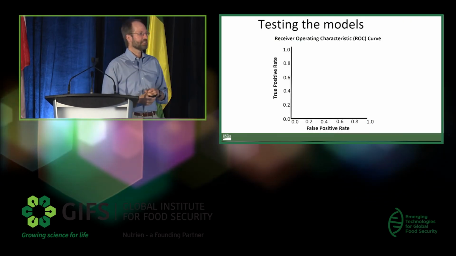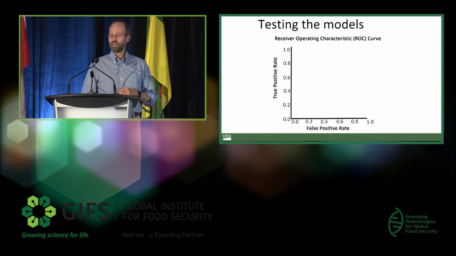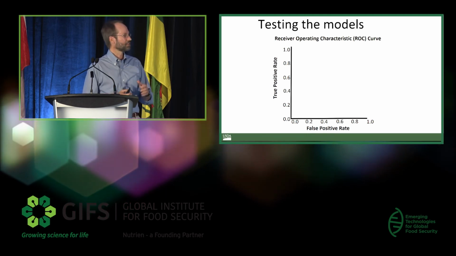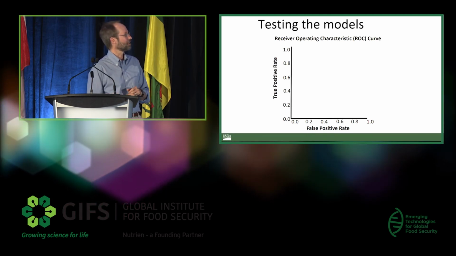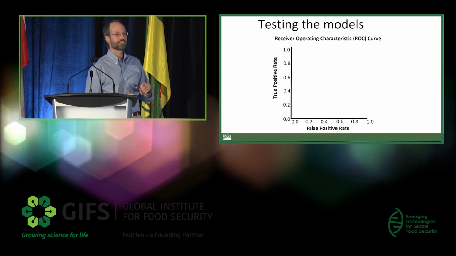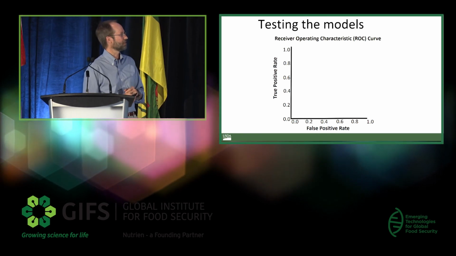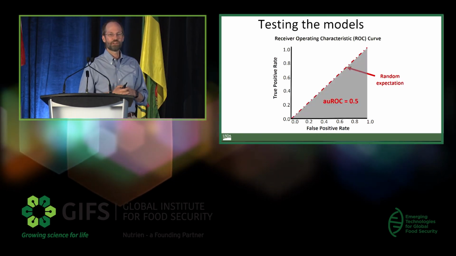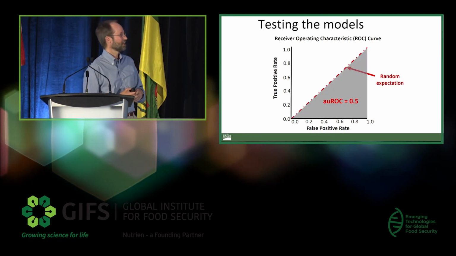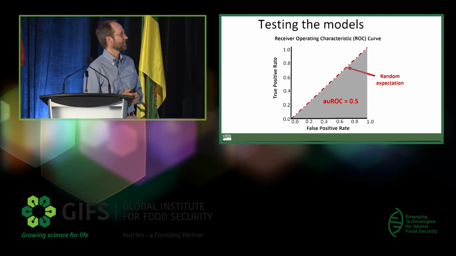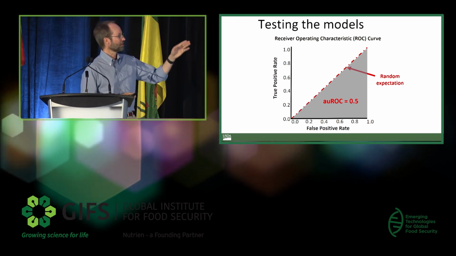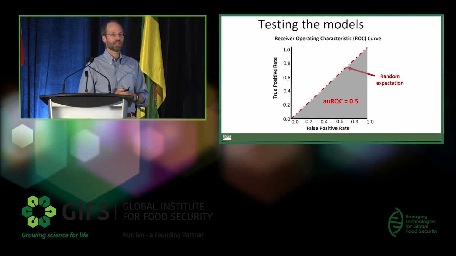When we're testing whether these models fit well or not, we're frequently using what's known as the ROC curve, or the receiver operating characteristic curve. Essentially, this is the relationship between the false positive rate and the true positive rate. The way we've set up our training examples here today, under random expectation the AUC would be 50%, and we go along that diagonal there. And if we had a perfect classifier,